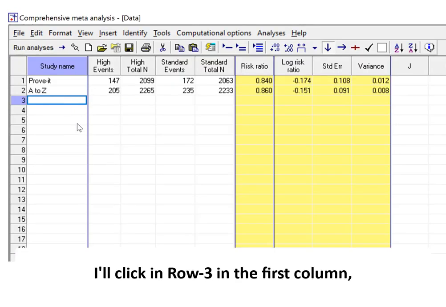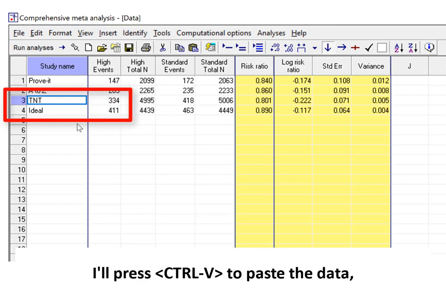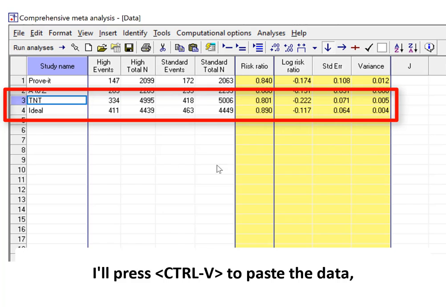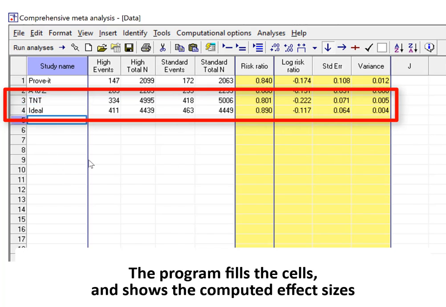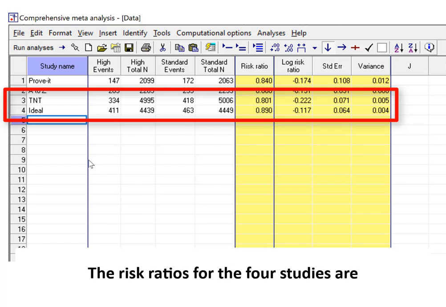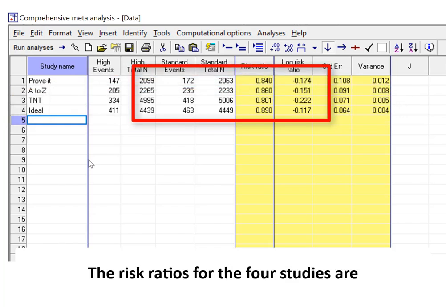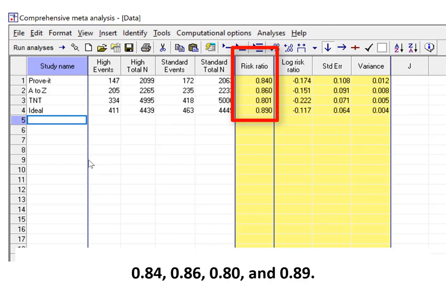I'll click in row 3 in the first column. I'll press Ctrl-V to paste the data. The program fills the cells and shows the computed effect sizes. The risk ratios for the 4 studies are 0.86, 0.84, 0.80, and 0.89.